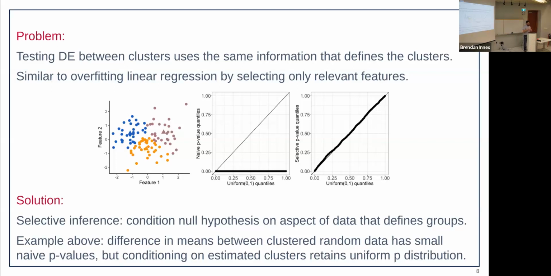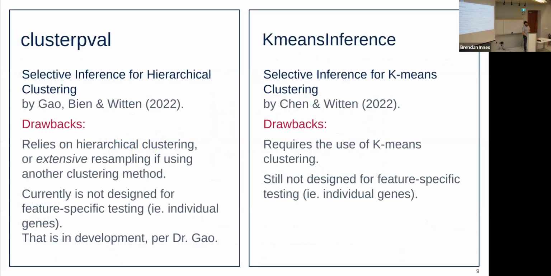That conditioning step turns out to be hard, and that's been a source of a lot of research. So the Witten lab has worked on that for both hierarchical data and k-means clustering. The drawbacks to both of these for our applications is the way you clustered the data matters. So in order to define the condition, they need it to have been either hierarchically clustered or clustered with k-means, neither of which we use in single cell RNA-seq anymore. Hierarchical clustering is too slow, and k-means is just not as good as